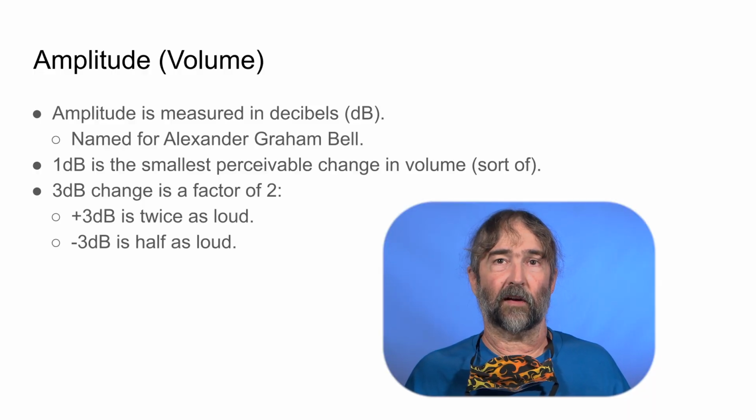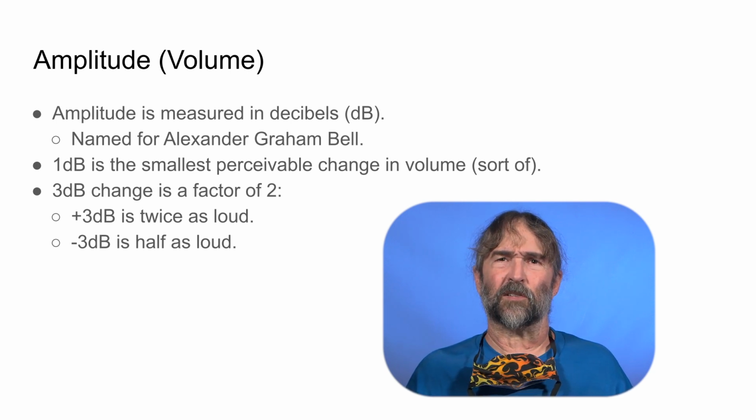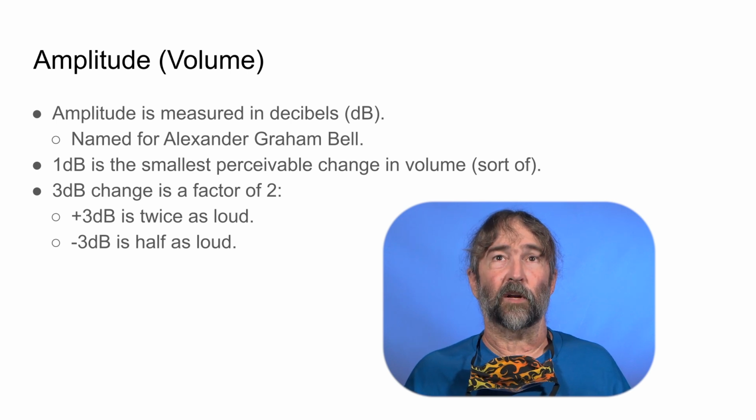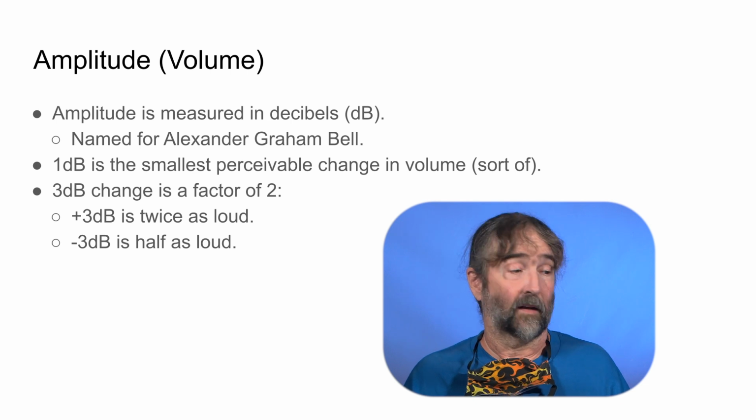Decibels are named in honor of Alexander Graham Bell, one of the inventors of the telephone, is probably where you know the name from. He had a unit of measurement that he called the bell. But a bell by itself is actually too clumsy to work with. It's too big a chunk of measurement. But if you cut it into 10 pieces, it becomes very useful. 1/10 of a bell, or 1 decibel, is a very convenient unit of measurement. Again, because it's named after a person, the B is always capitalized. So small d, capital B for decibel.